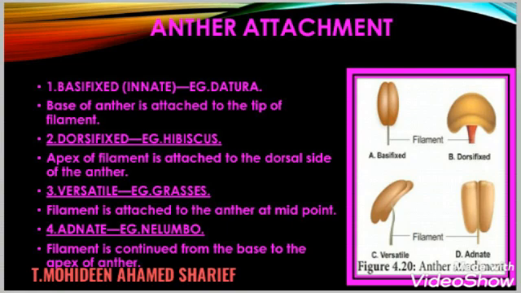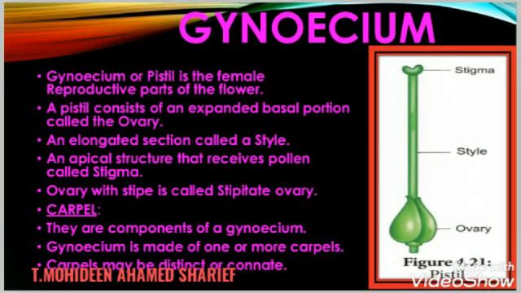Next, we will see about the carpel. They are components of gynoecium. Gynoecium is made of 1 or more carpels. Carpels may be distinct or connate in nature. So based on number of carpel, it is differentiated into 5 types: unicarpellary, single carpel, example Fabaceae; bicarpellary, 2 carpels,